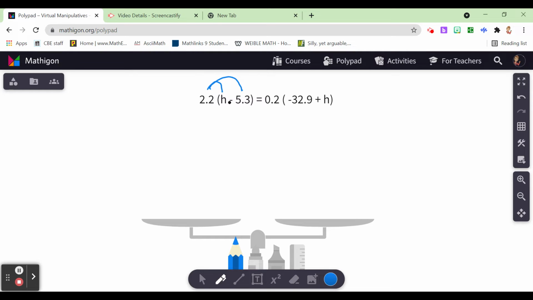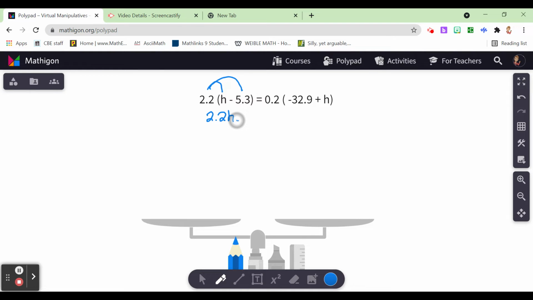Normally you would do brackets first, but because h is unknown, there's no way that we can subtract 5.3 from it. So instead, we're going to multiply that 2.2 by each of those, increasing them by a factor of 2.2, each of those. So we have